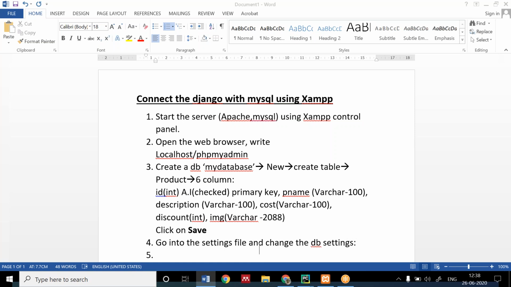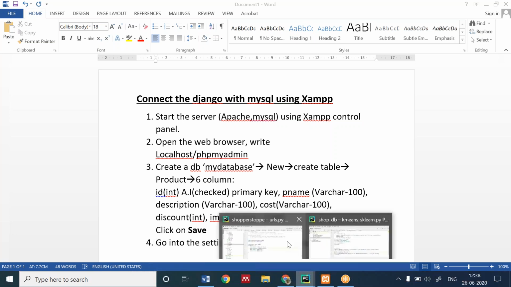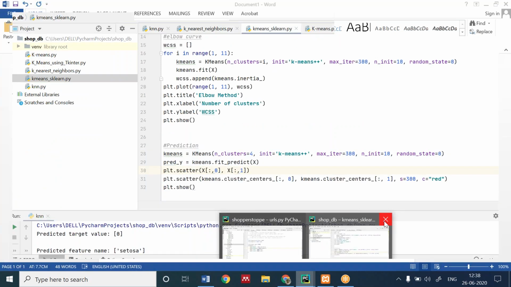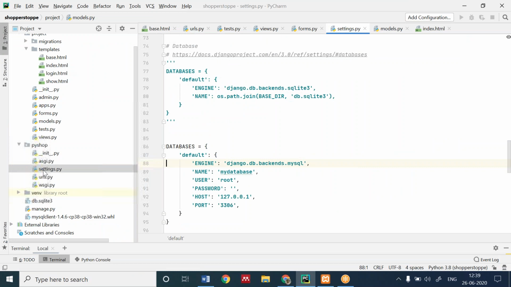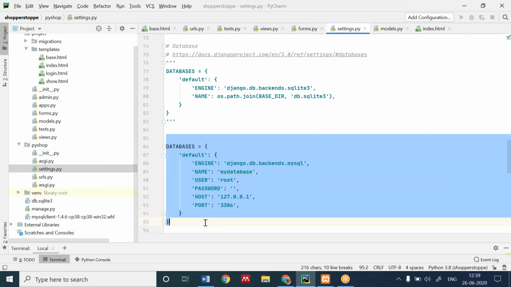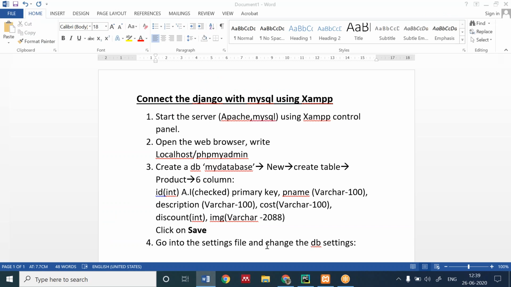I am pasting the code here. You have to comment out the SQLite 3 database settings and paste this code there.